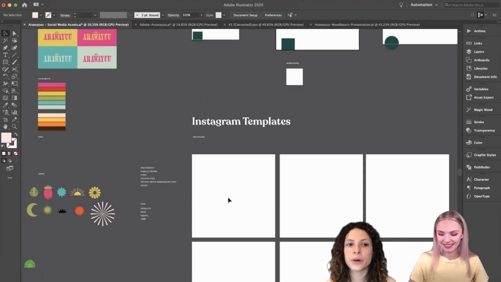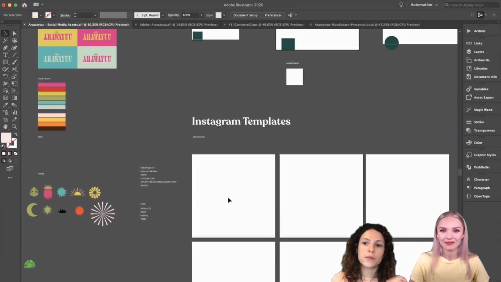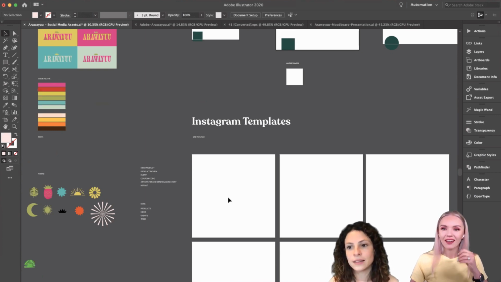But the reason why we're working on number 2 today is because she likes the color palette of number 3. And what I suggested to her is, let's work with that color palette, because at the end of the day, in Instagram templates and in layout, it's going to be more important to have the color palette and the secondary font choices than the logo per se. So if anything, if she really misses number 2 after this, maybe we can incorporate the logo of number 2 into the color palette of number 3.